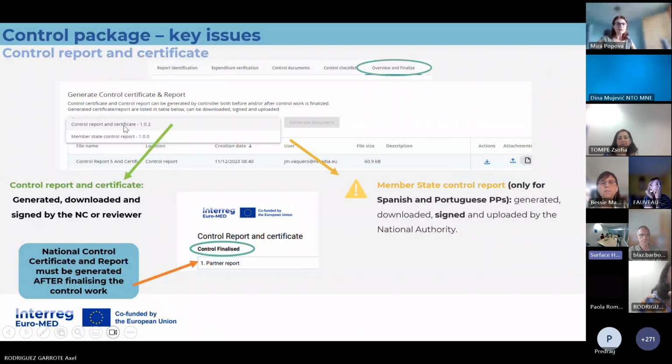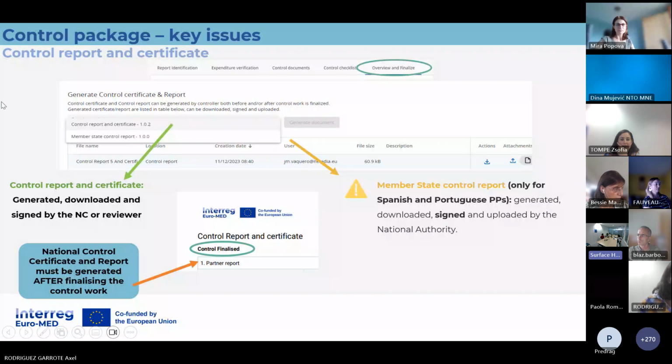This is the view of the controller when he generates the control report and certificate. In this section, we have also two types. One is for every national controller, the control report and certificate, and for the Spanish and Portuguese partners, we have the partner state control report, which will be issued by the national authority.